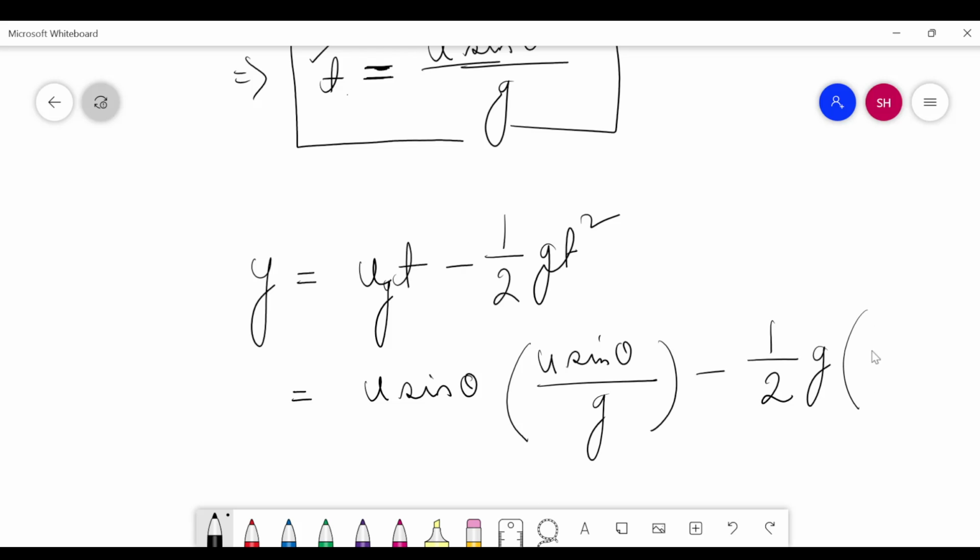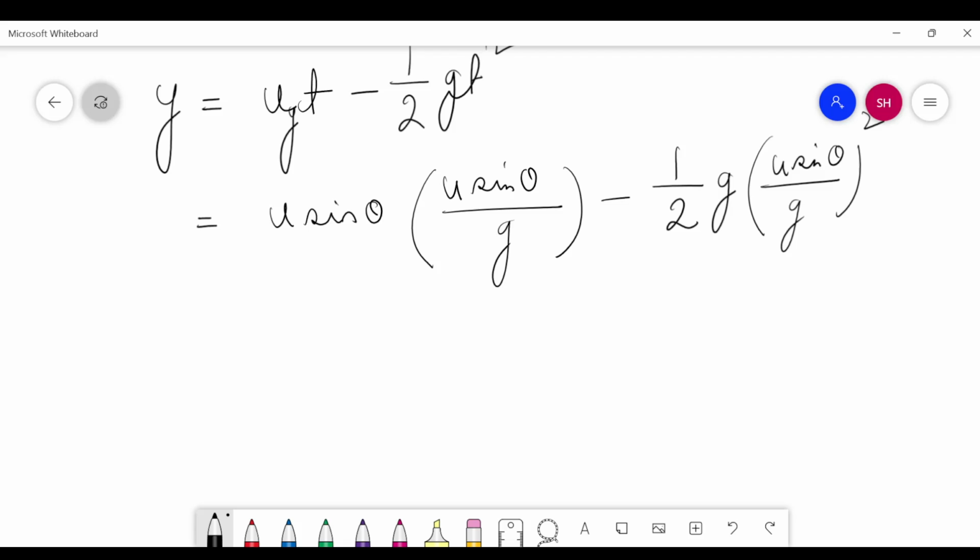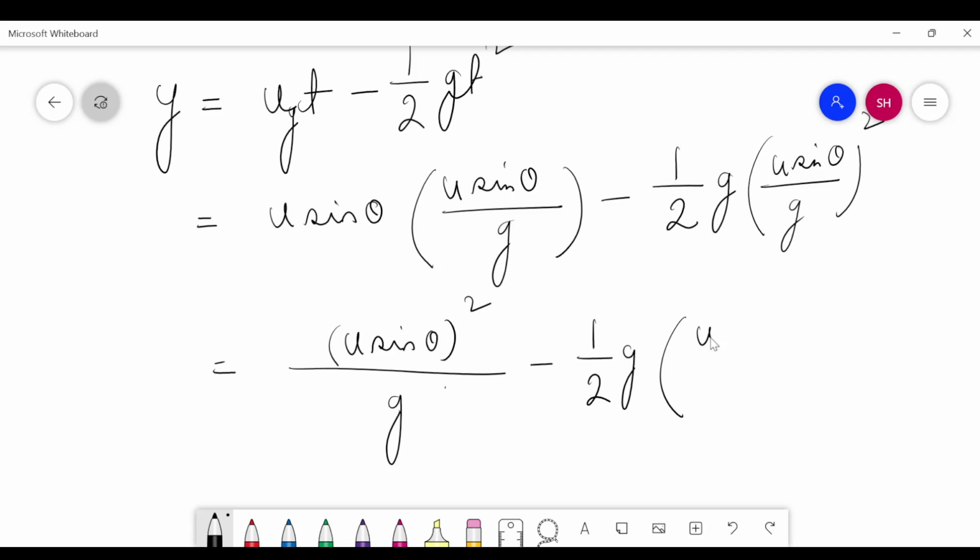Now t is u sin theta by g whole square, which gives us g times (u sin theta) whole square by g, minus half g times (u sin theta) whole square by